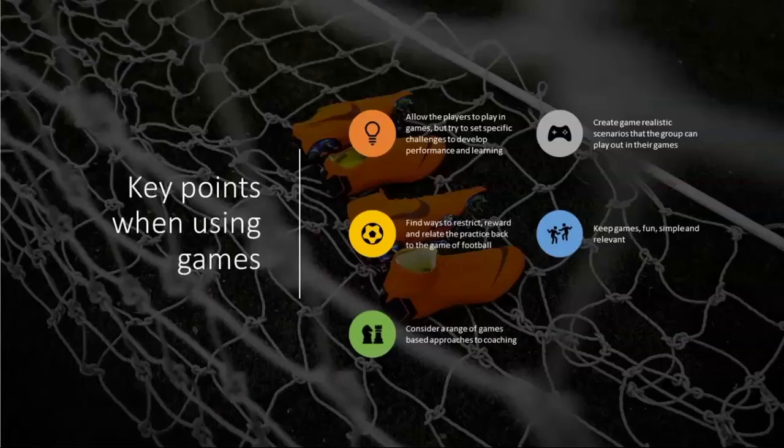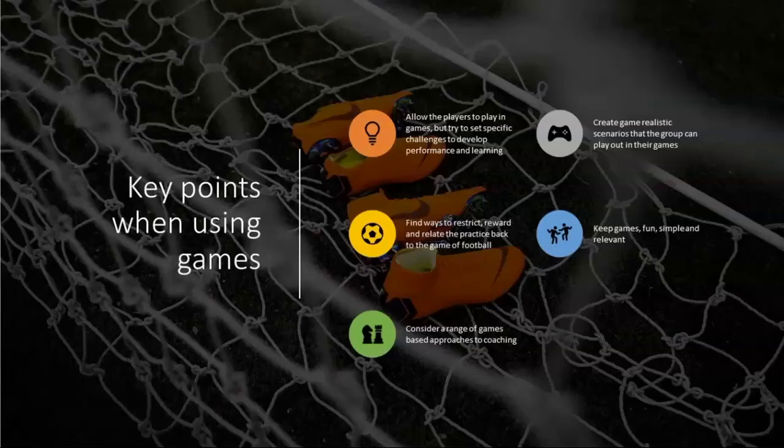A really commonly used restriction on players is, right, when we're playing the next game, you can only use 3 touches. So every time you receive the ball, it's only 3 touches. There's a restriction there which forces the players to play the game in a certain way. It's not the game, but it's a modified version of it to develop a certain set of skills. You could have a restriction with a choice, right? When you receive the ball, you can play with 1 or 3 touches.